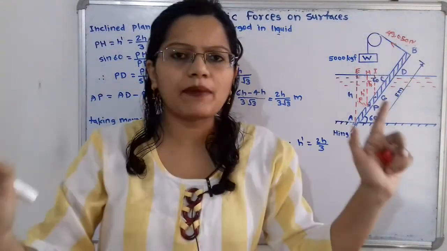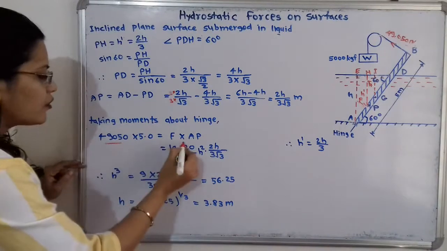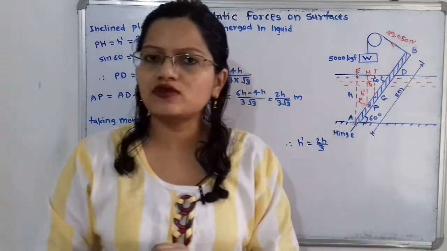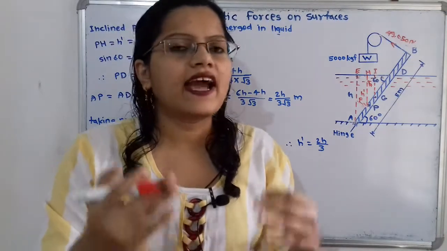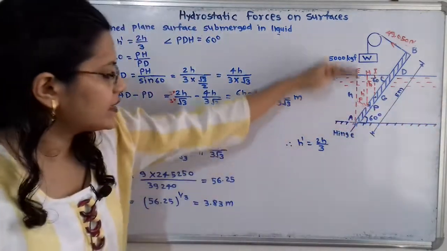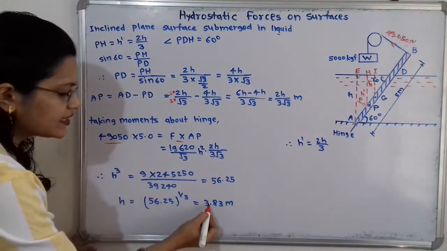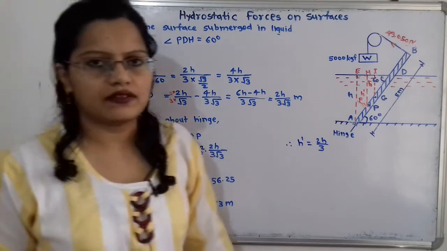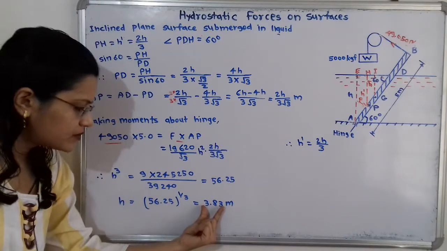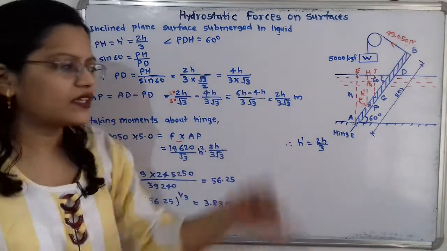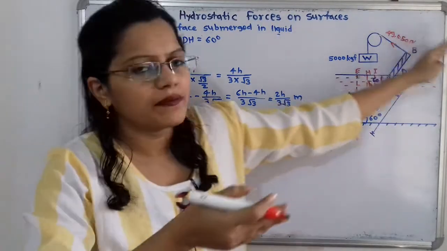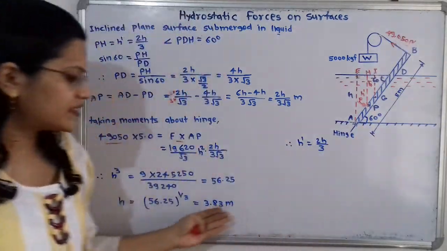So this is the value of H for which these two forces are getting balanced, because here these two forces are equal and in opposite direction, that means these two forces are getting balanced. And at which height or which level of water does this gate begin to fall? So when the level of water is more than this 3.83 meter. So what is happening when this level of water is getting increased, that is above 3.83 meter, then this force F is getting increased and this gate will begin to fall. So this is the answer.